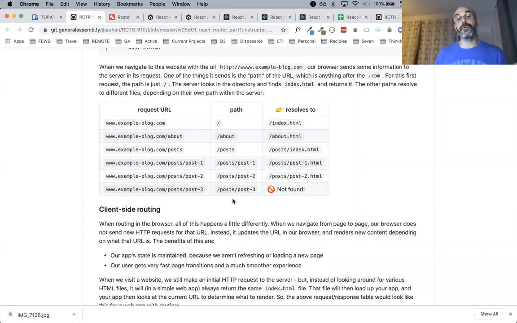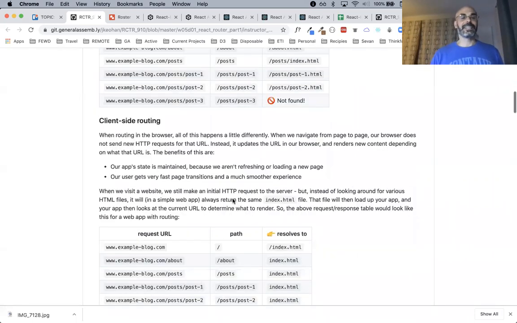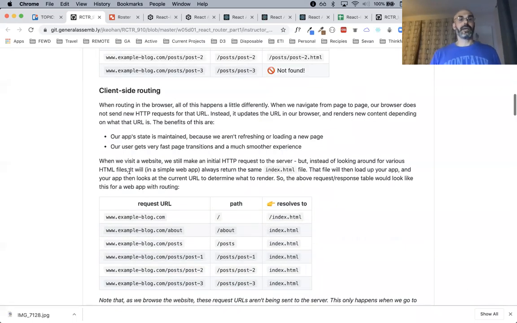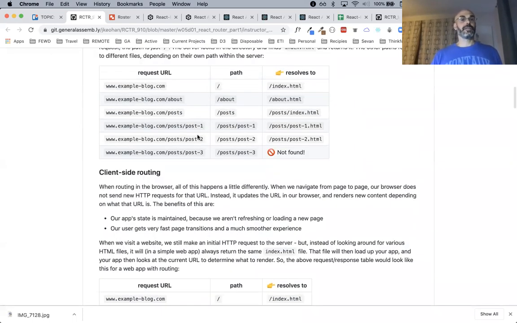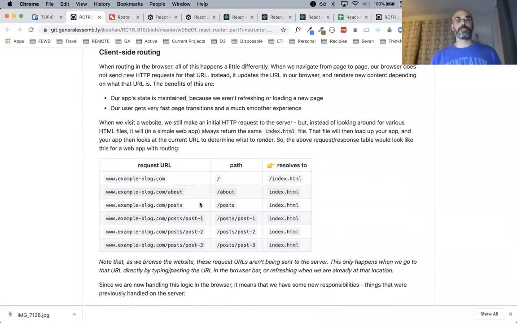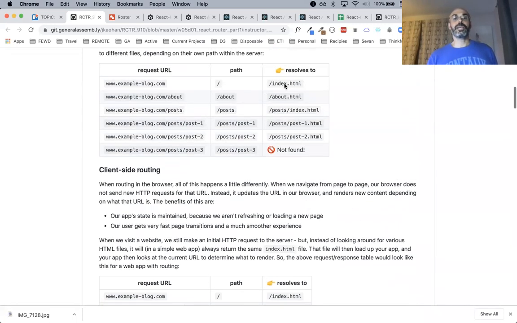Whether we're doing client-side routing, where the client is just filtering out and making the calls, or server-side routing, where I'm going to the server and actually getting the data, it's the same thing. This could look identical to this. There's almost no difference between these two paths. But what I want you to see is where it resolves to. See where this resolves to? Index, about. See how the pages are different? About HTML, post index, post one.